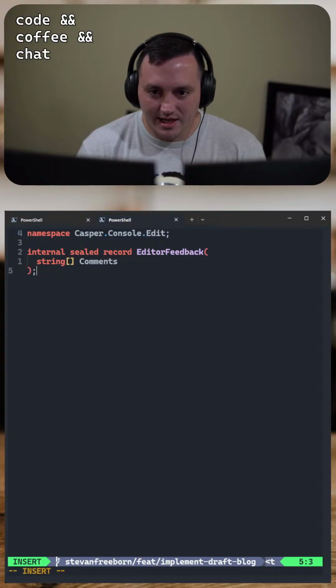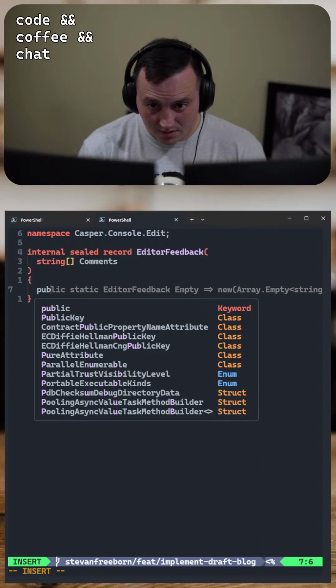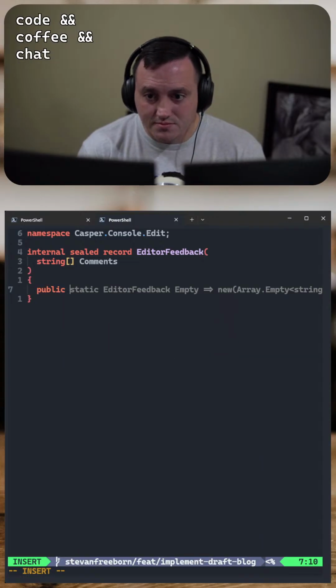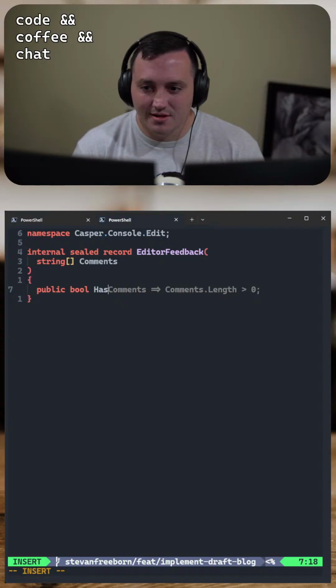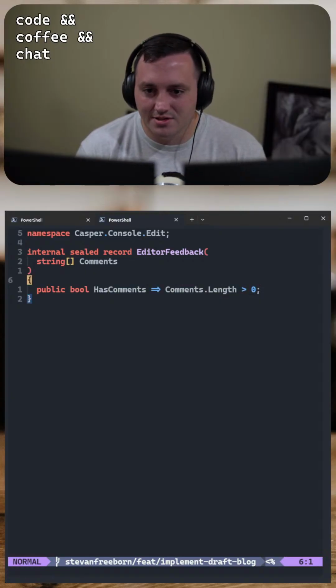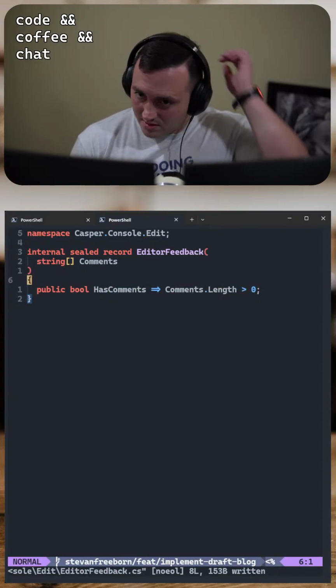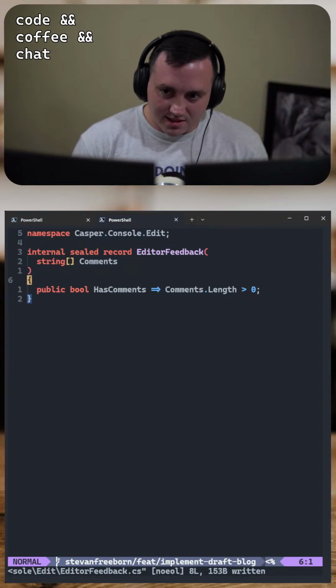And then I'm actually going to add a property that I can use to check to say, I'm going to say public bool has comments. I guess has comments. Yeah, I'll just do that. Because basically I'm going to need